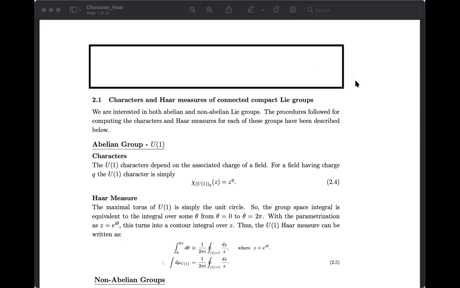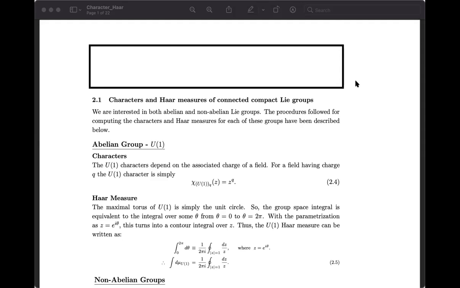Now, I've elaborated in detail how to compute this, and that will be really helpful for you to follow, because I didn't find any suitable literature where all the details about these characters and all those things are developed in a unified way. So this may be very useful for you guys.